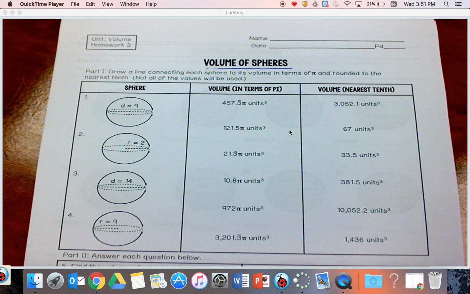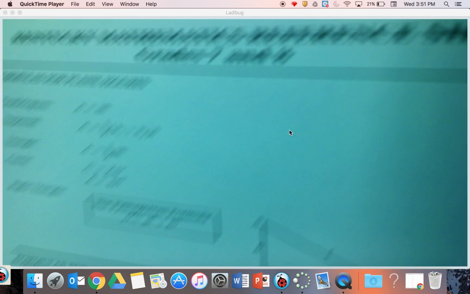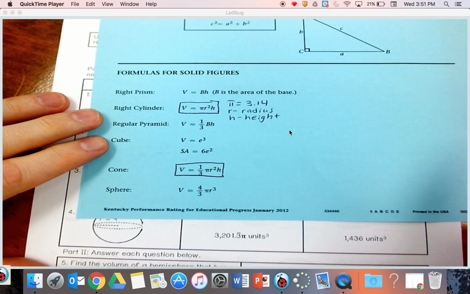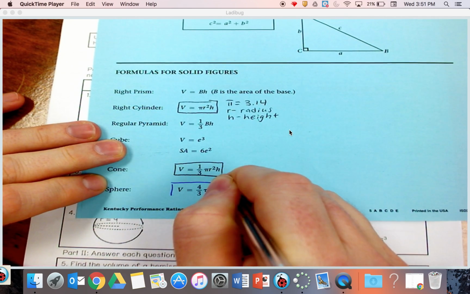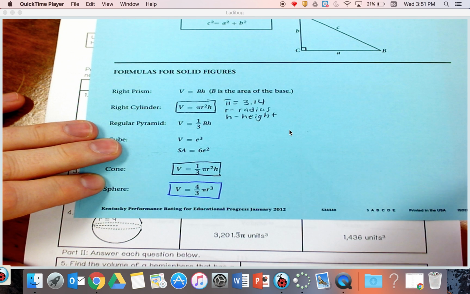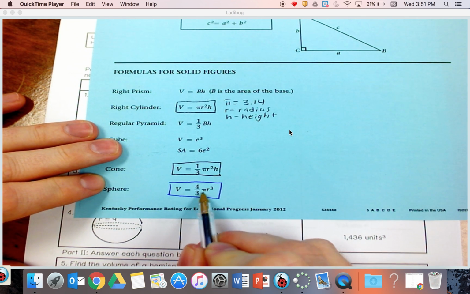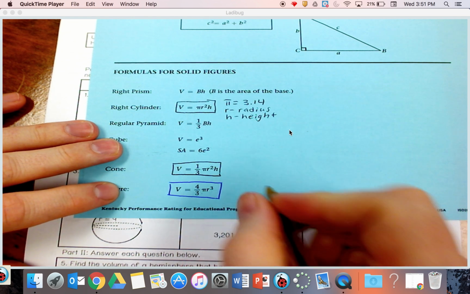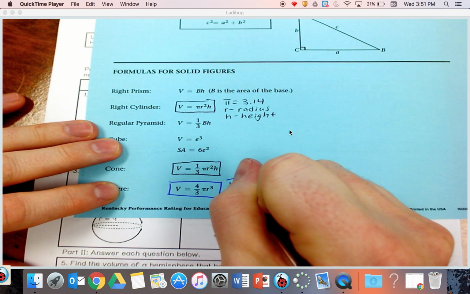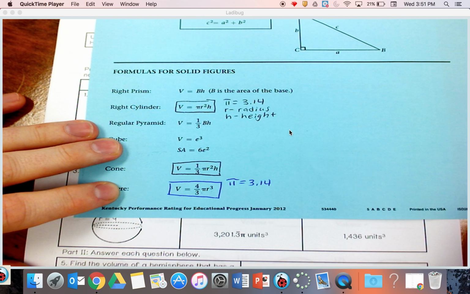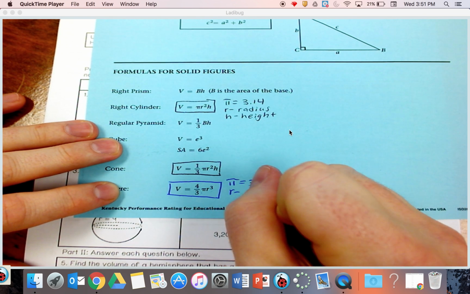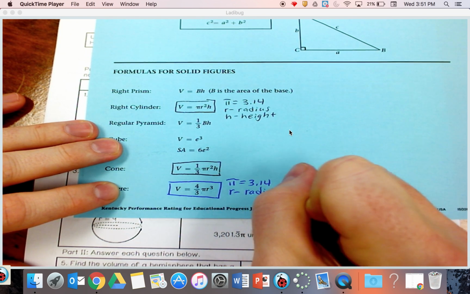If you need to find the volume of a sphere, you can pull it out on your reference sheet, and it's located right down here at the bottom. You can see that we're taking 4/3 times pi times the radius cubed. If I remember that pi is going to equal 3.14, and r is the radius, which is